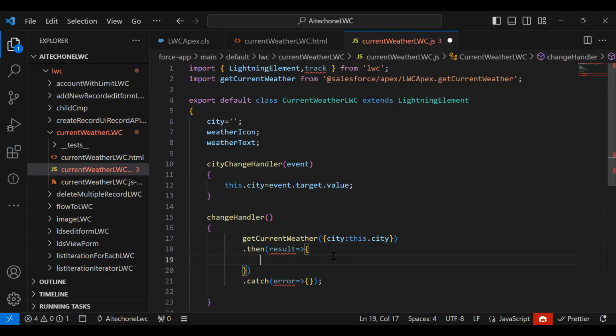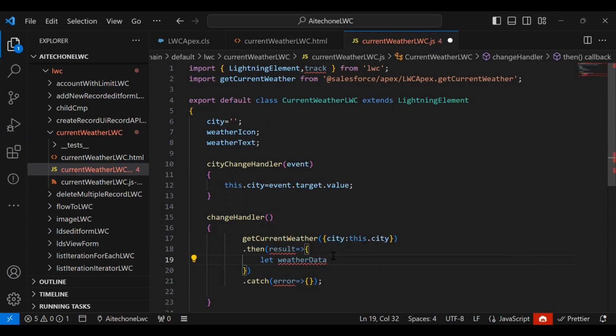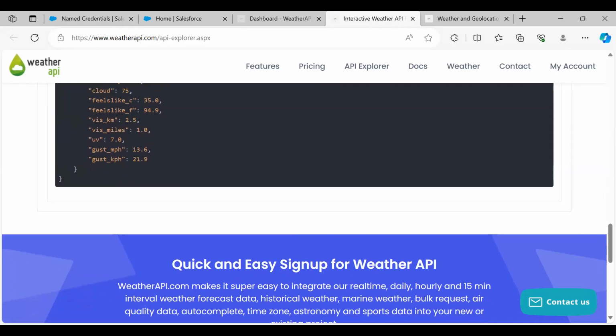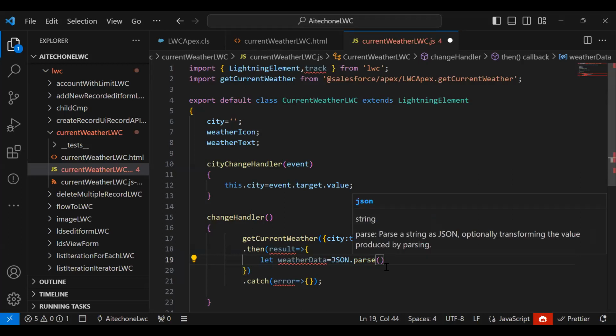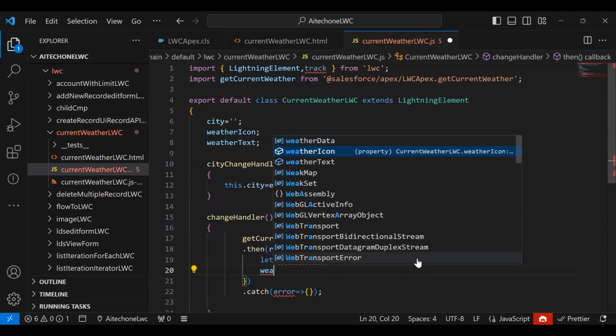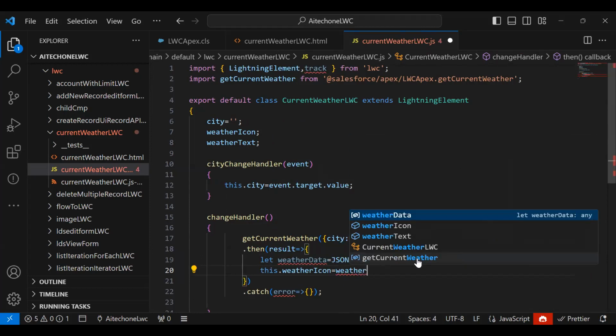So .then result is equal to, let's create a new variable here, newWeatherData is equal to, because the response will be in JSON. As you can see, when we call this, the response will be in a JSON format. So we have to parse this JSON. In order to do that, I will be using JSON.parse(result). I'm parsing the JSON weatherData and weatherIcon. So weatherIcon is equal to weatherData